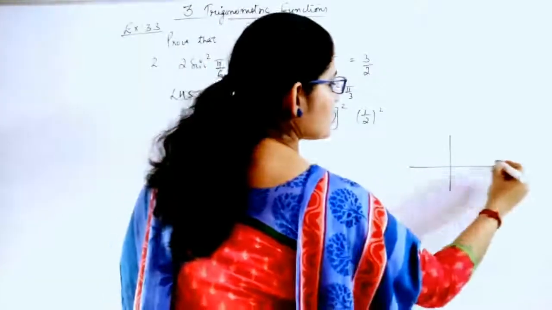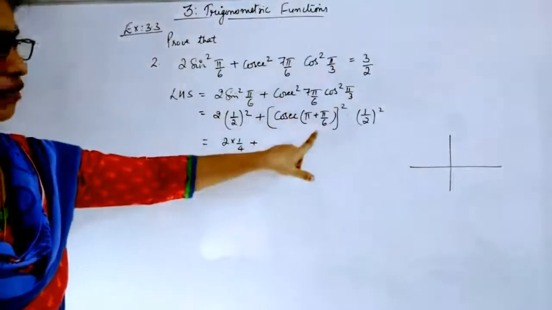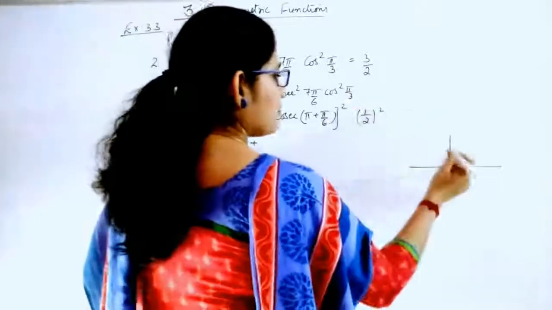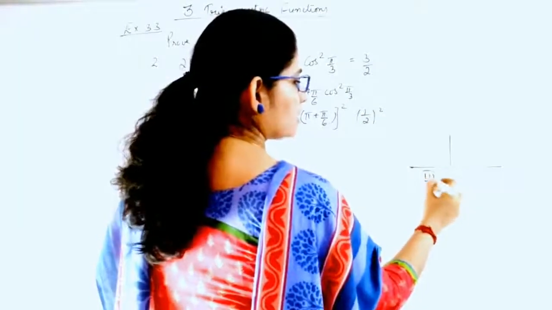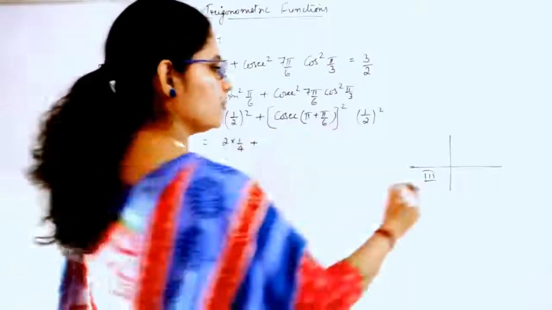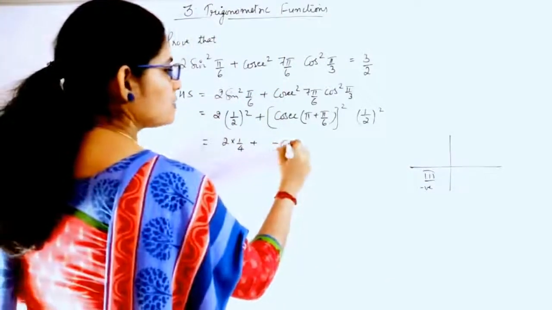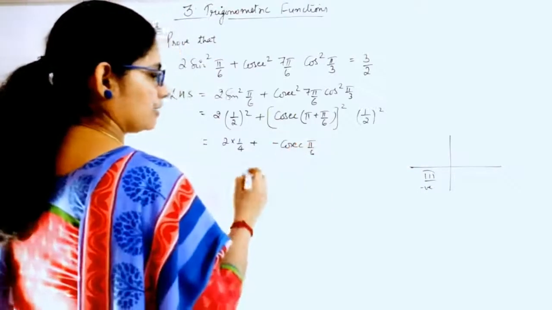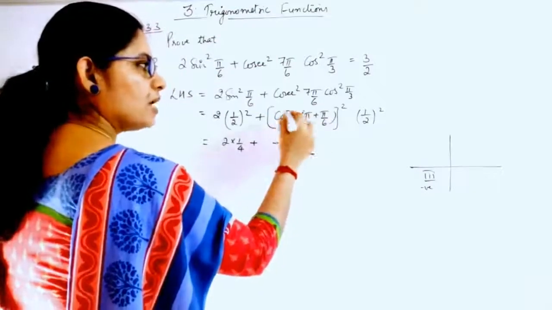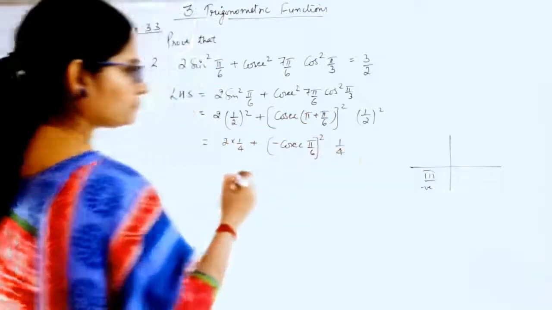So as you have your sine or cos, if it is pi plus something, you will get the same thing, that is cosec of the angle. But you have to just check for the quadrant in which it is lying. Pi plus means till this it is pi, so it will reach the third quadrant. Pi plus some quantity means it will reach the third quadrant, and in the third quadrant cosec will be negative, right? Only tan and cot are positive. So you will get negative cosec of the same angle, right? Why is it negative? Because it is in the third quadrant, and pi plus something will give you the same trigonometric function, and this the whole square into, this is again 1 by 4.